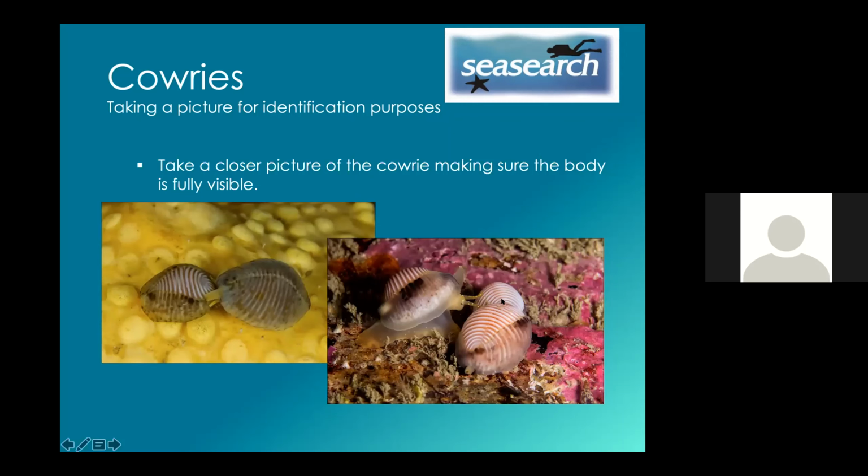So with the other two, we can't say what they are, but this one is fully exposed and clearly visible. You can see the eye, you can see the mantle, you can see the foot. So those are the type of pictures that will help you to identify the cowrie and the two species that we have. So one wide angle picture, a closer picture if you can, and if at all possible,